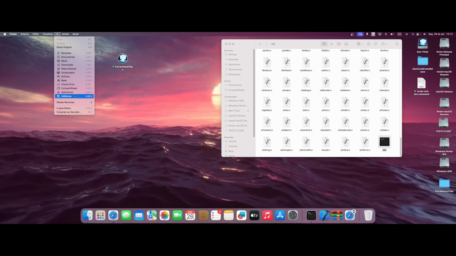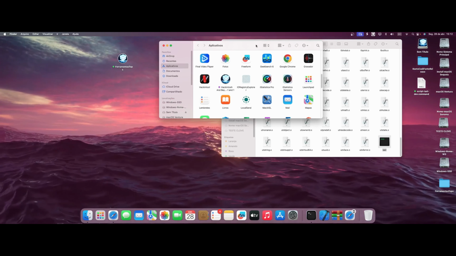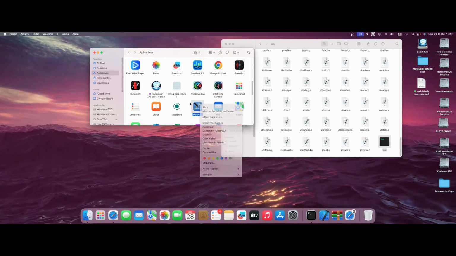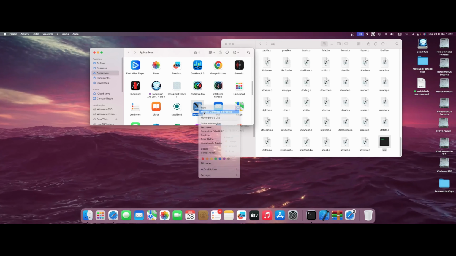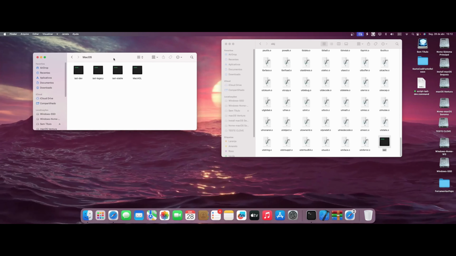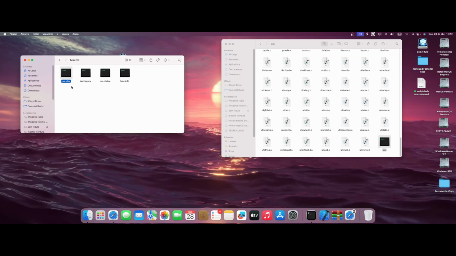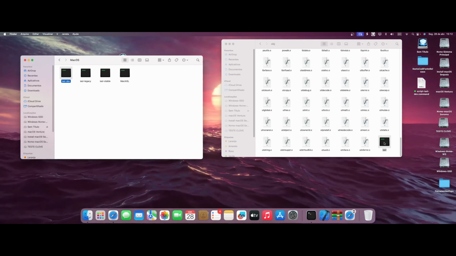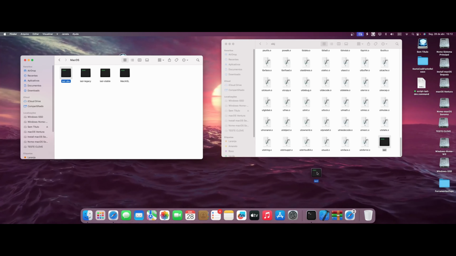I'll right-click and show the contents of the package. It comes here on Mac OS. It's here, OESL trace. So what are we going to do? I'm going to take this one, throw it here on the desktop, and make a copy of it.